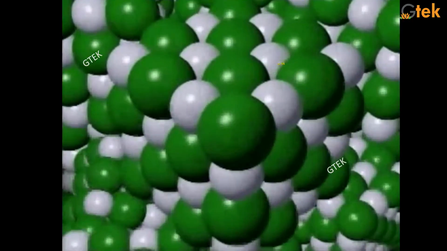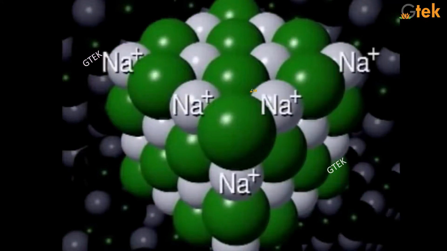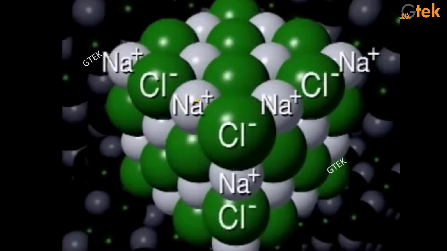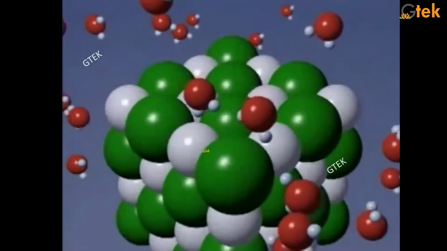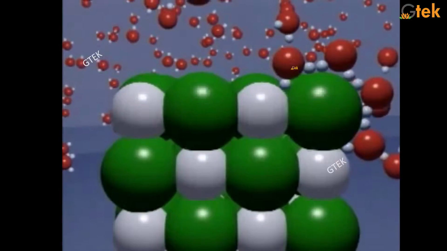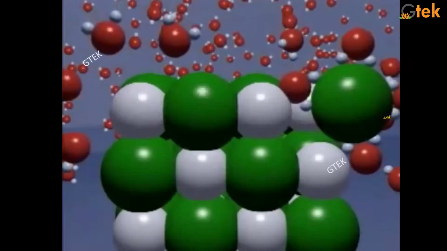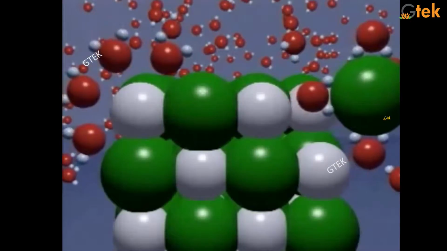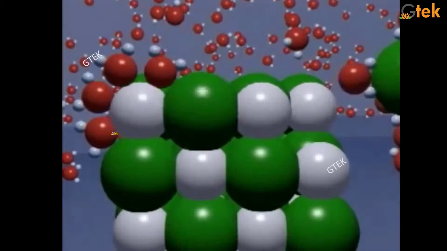So I am trying to show you how salt is getting dissociated in water. You are able to see it has sodium and chlorine, sodium chloride. Once the sodium chloride is mixed in water, you are able to see the water molecules, H2O. So hydrogen with oxygen is trying to dissociate it. This is how it will dissociate, and it will separate the sodium and chloride.